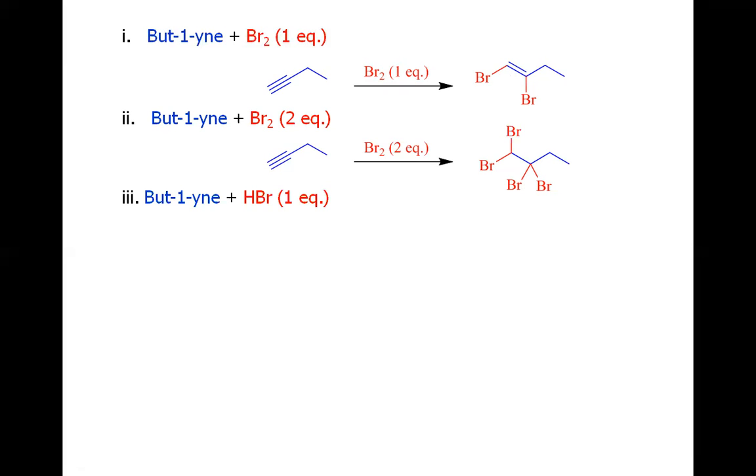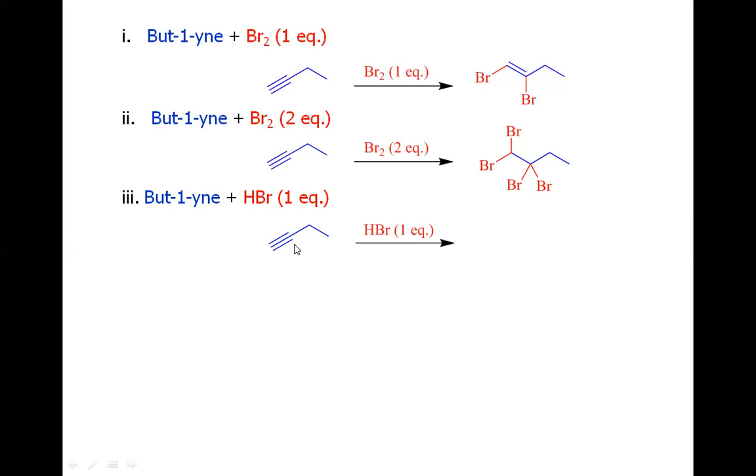For the third reaction, it was the reaction of but-1-yne with HBr, hydrobromic acid, when one equivalent was used. Here, hydrogen will be added to one carbon and bromine will be added to the other carbon, and the triple bond will be converted into the double. The only question that arises is of the regioselectivity, that is where H will add and bromine will add. There are two possibilities, whether we have the entry of H here at the terminal carbon and bromine here, or